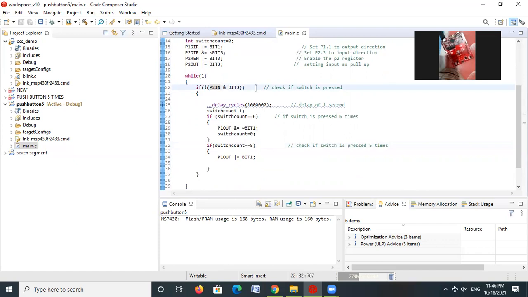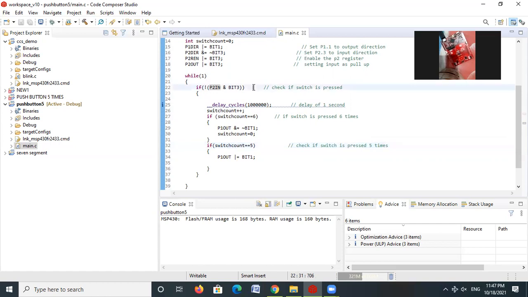Now if I press the switch one more time, then after the 1 second delay, the switch count will be increased by 1, it will become 2. Now again, this if statement will not be satisfied, and this if statement is also not satisfied, then again it will come here, and again it will wait for me to press the switch one more time.